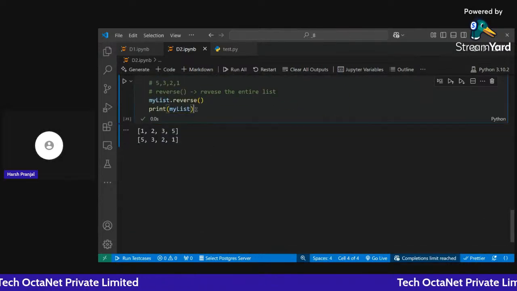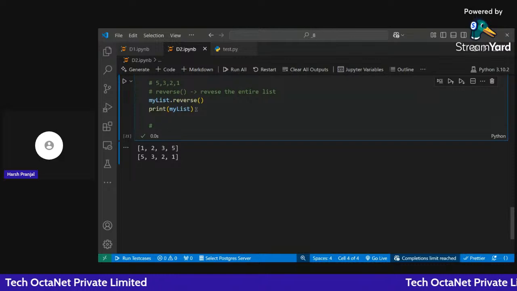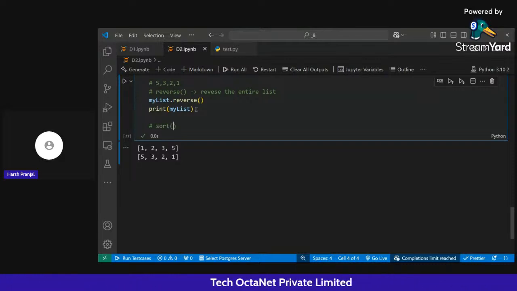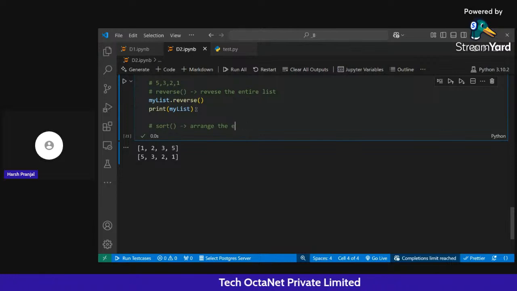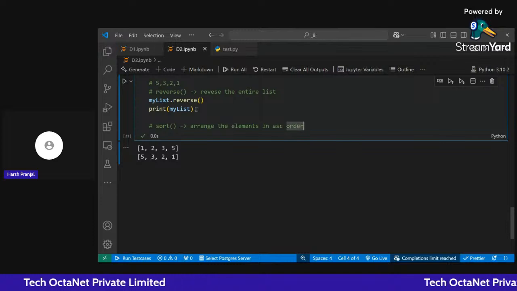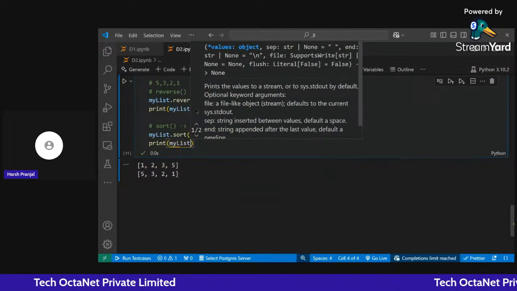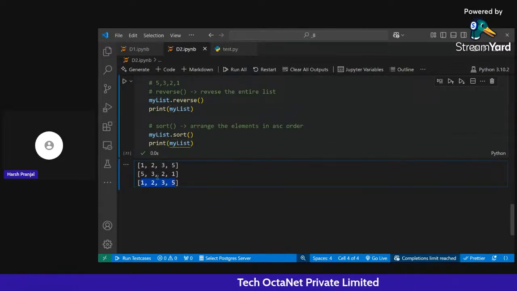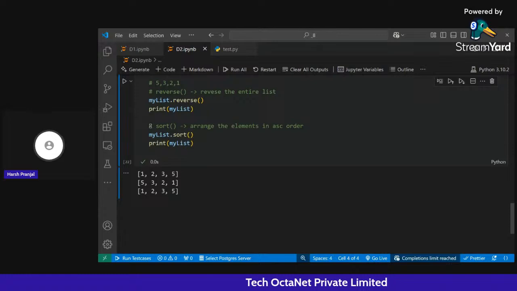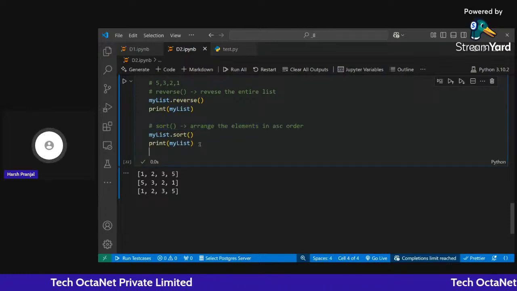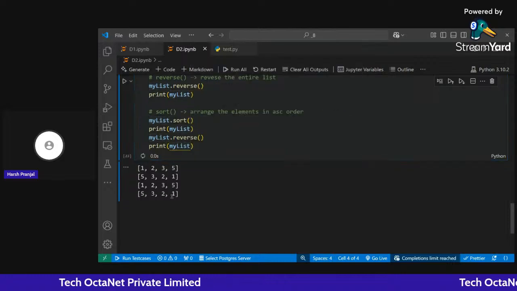Okay, after that, sort. Sorting means arranging the elements, the values inside the list, in ascending or descending order. Okay, now arrange the list in ascending order. See, earlier our list is this. After sorting, the list becomes a sorted list, right? Now, if you want to sort the list in descending order, you can do two things. Either after sorting the list, you can reverse your list. It will give you the list in descending order,